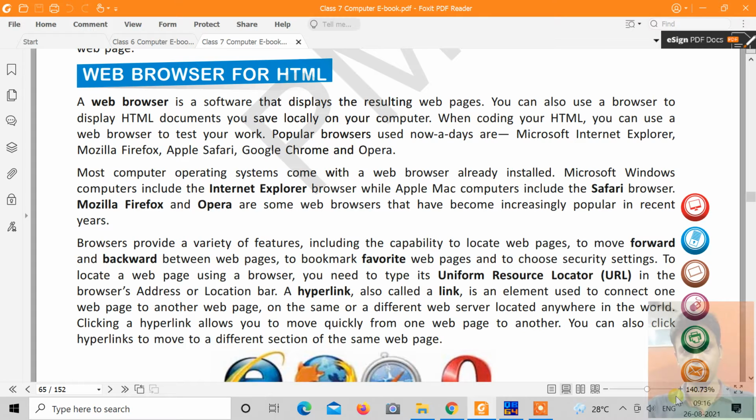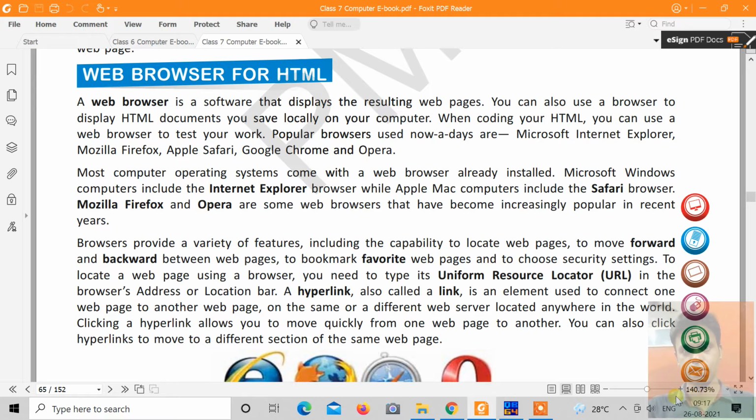We know that web browsers have some features inside them. We have forward and backward buttons to navigate through the different pages. We have favorites to store the favorite web pages, and the address bar, where we type the complete web address, that is the URL, uniform resource locator. It is at the top of the browser window where we type the complete address of the website, and that is http://www.google.com. This is basically a complete URL of Google.